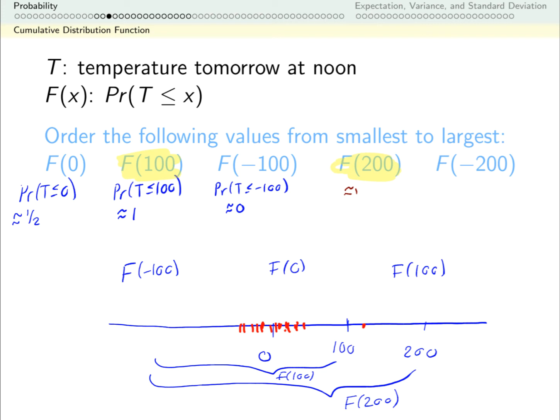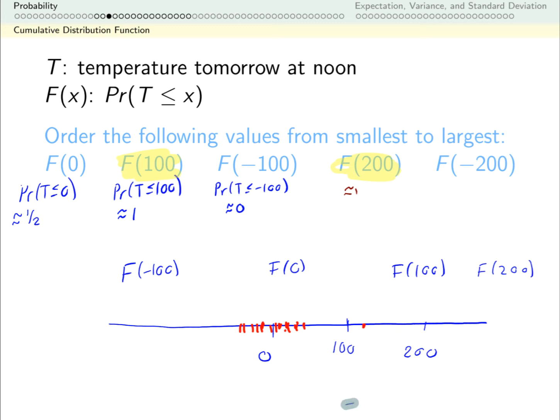So if f of 100 and f of 200 are not the same, it must be the case that f of 200 is bigger. For similar reasons, it must be the case that f of negative 200 is smaller than f of negative 100. Again, both of these seem pretty close to 0, and maybe they both are 0, but if they're not the same, we have no choice but to say f of negative 200 is less than f of negative 100, because if there were some horrible heat death of the universe day where we were between negative 100 and negative 200 degrees,